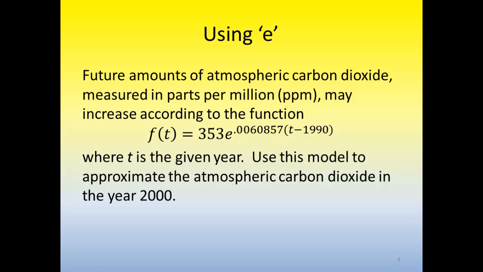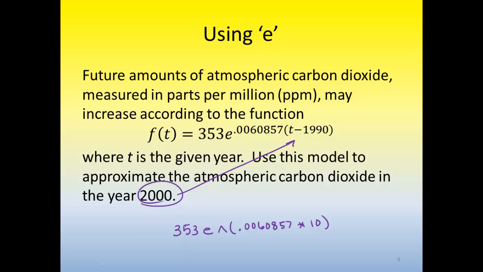So this really just comes down to very careful entering of all of this information. So we're going to start by typing on your home screen 353 e, and then you can use the caret and open it, or if you use the one that's by the number 4, it opens it for you. Very carefully typing in 857, and then use the multiplication symbol. And you are more than welcome to open another set of parentheses if you want to, but since I'm substituting in 2000 minus 1990, I'm going to go ahead and just say, well, let's multiply by 10, and then close my parentheses. Hit enter,